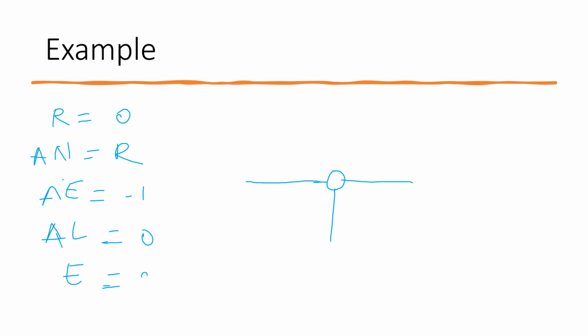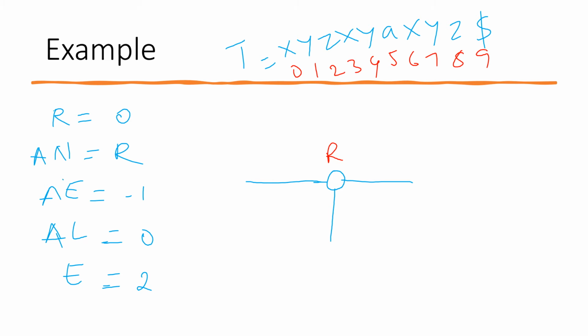So now again I'll have to check for the next character. Now again I'll be moving to the next phase. Since r is 0, I move to the next phase, i is equal to 3, and it's x. So I'll have to update r and global n. So r is 1 and n will become 3.